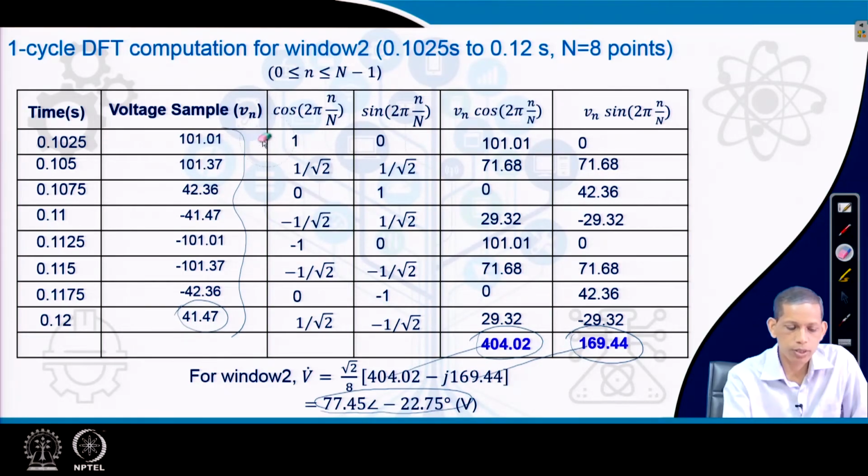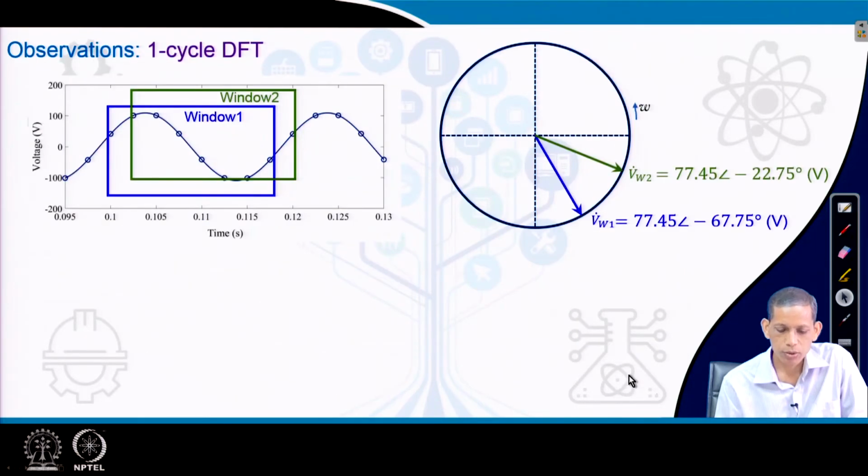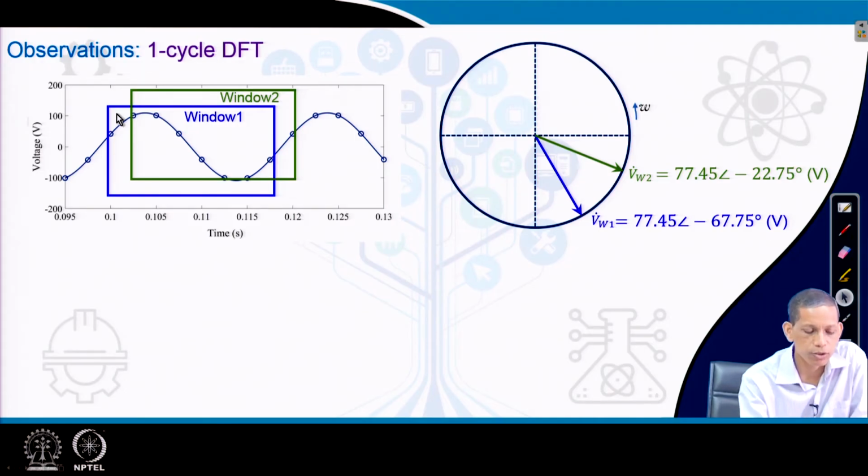Now, with the second set of windows we again, in a similar way, compute the different weights, multiply them accordingly and get the summation, and then we get the corresponding phasor computed for the second window. So, from these two windows, for the first window we have the blue one, and then the second window the green one. With the new sample, the second window is updated accordingly.